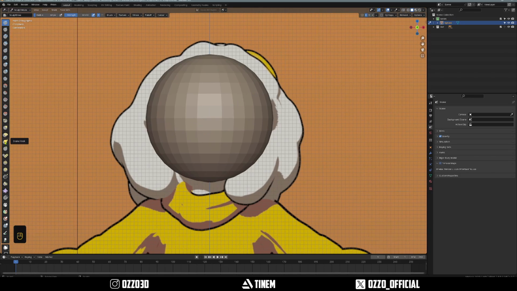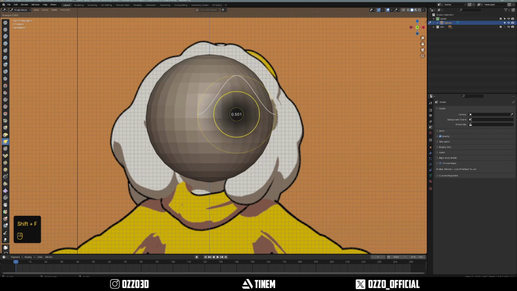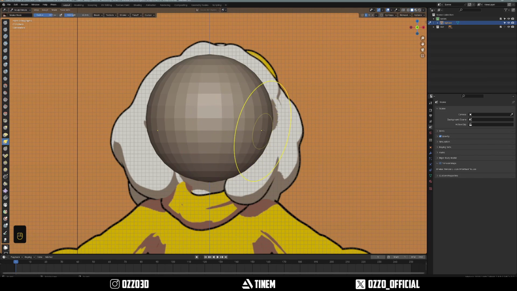And then what I like to do is use the snake hook tool to start off. So first thing I'm going to do is scale up the brush. Now you could use these sliders, but shortcuts are your friend to speed up your workflow. So I'm going to press F once, and I'm going to slide my mouse to the right, make it big. Right now the strength is set to 1, so I'm going to press Shift F, and I can scale this down. I like to bring it down to around 35. Like that, and click. And with Alt Z, you can go quickly into X-ray mode, which is also very nice